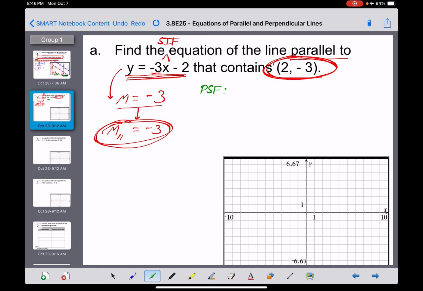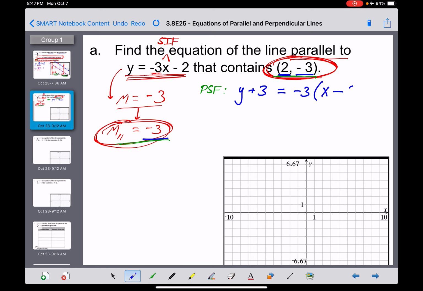You're going to use point slope anytime you know a point and the slope, and that's where we are right now. So point slope form is going to be y minus your y coordinate of -3. Well, subtracting -3 is the same as adding 3. That equals our slope comes next, which is -3, and then in parentheses it's going to be x minus your